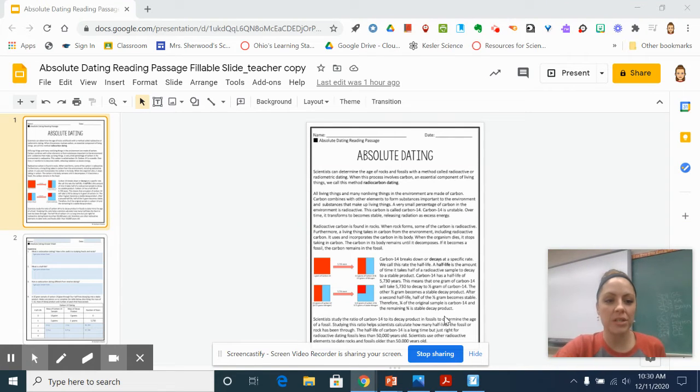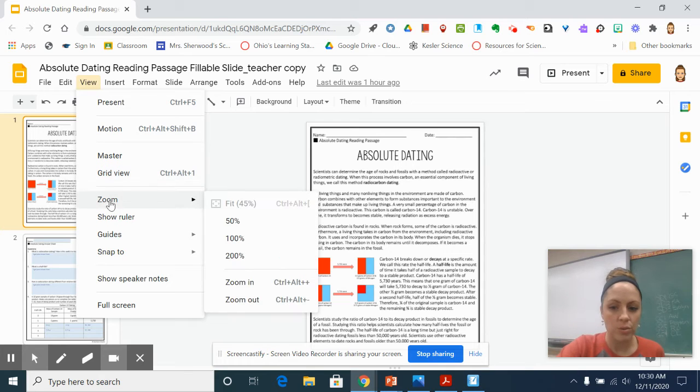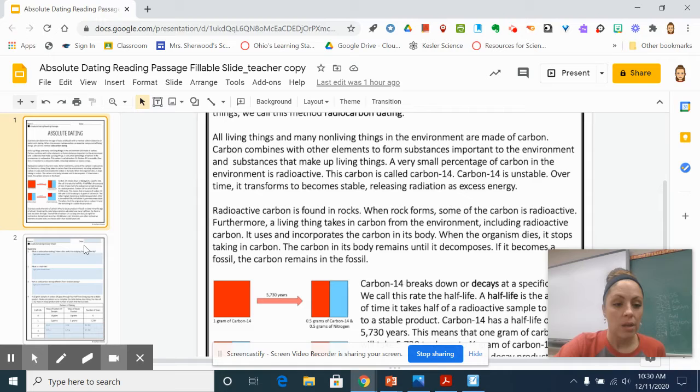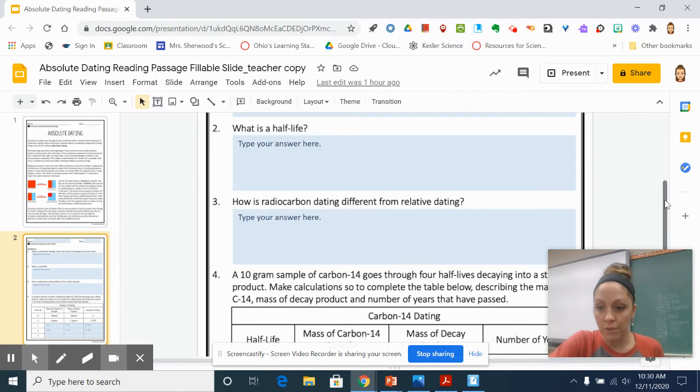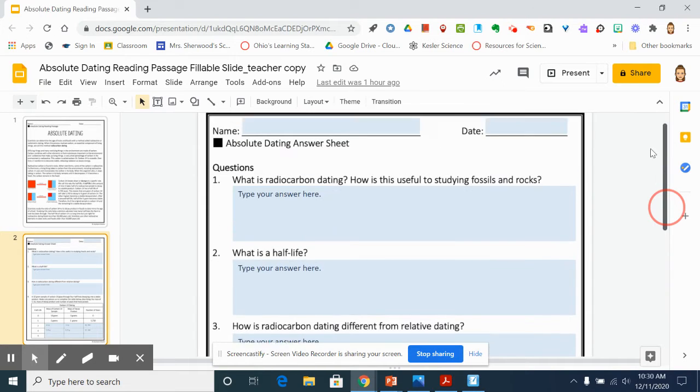Hi guys, I just wanted to go over the assignment that's due today, the Absolute Dating Reading Passage Fillable Slide. In order to view this document, once again, just click View, scroll down to Zoom, and then select 100% at least. In the document itself, if we go through and look at the beginning, it asks us to describe